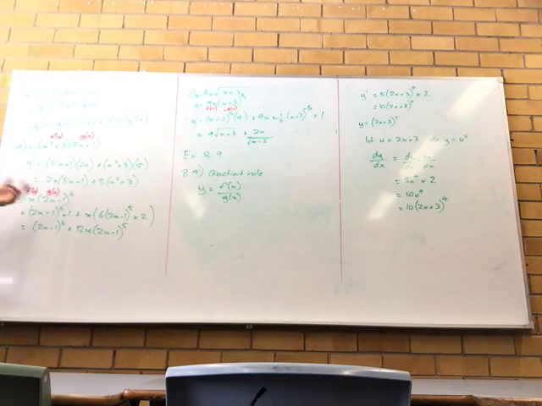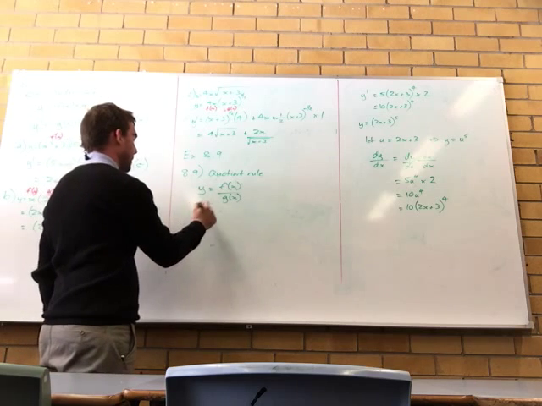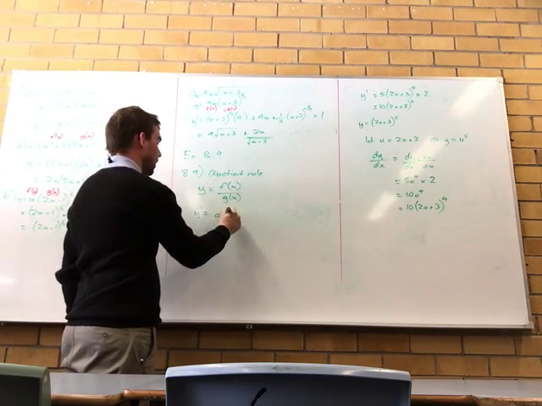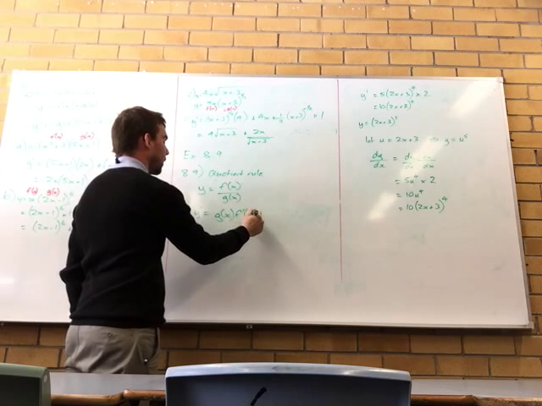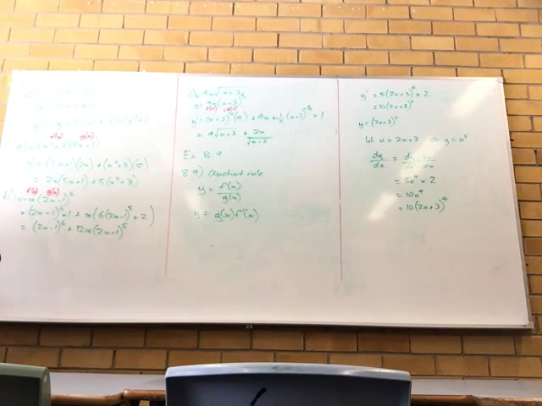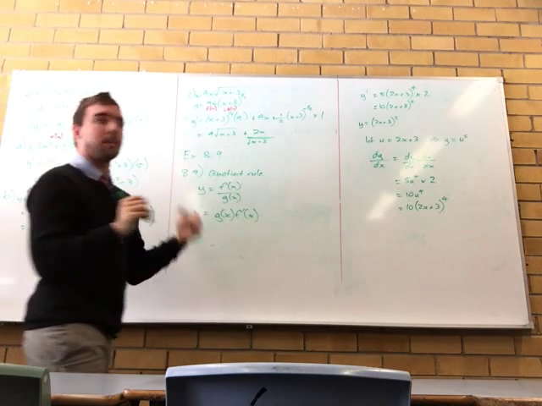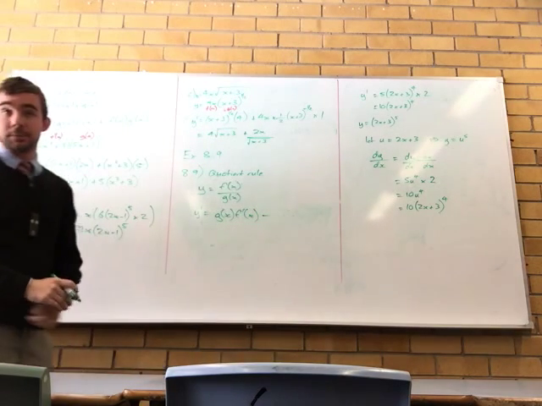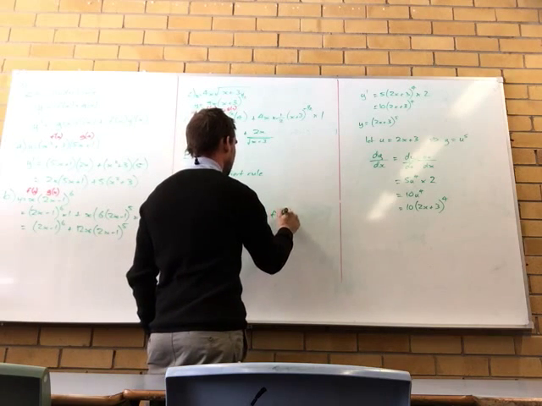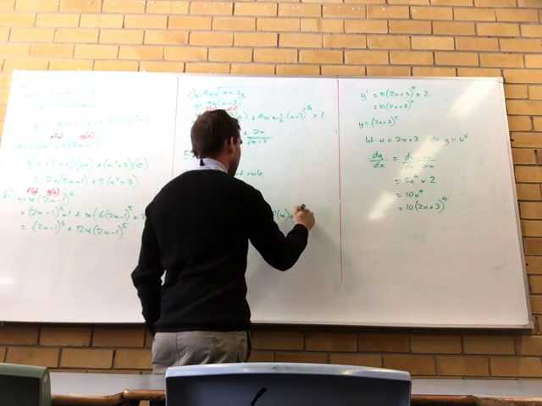Okay, so remember when I said second times derivative of the first, first times derivative of the second. Same order, just a different thing you need to do at the end. So y dash: second, g of x, times the derivative of the first. First being the top, second being the bottom. Minus. Product rule is the plus, quotient rule is the minus. Take away the first times the derivative of the second,